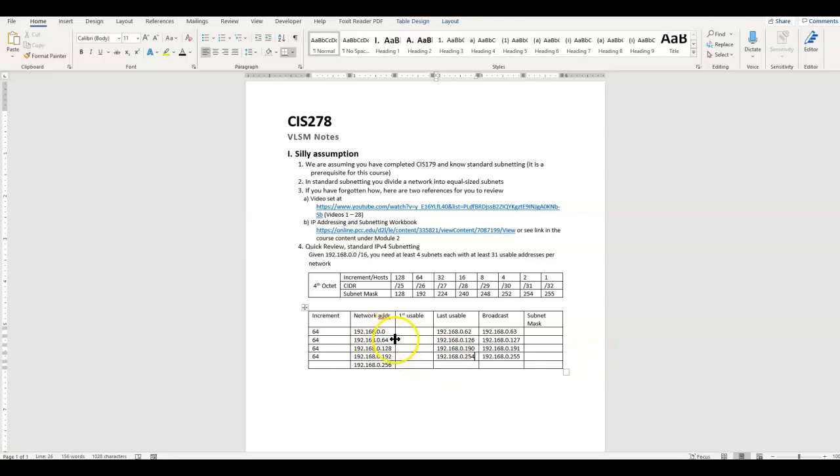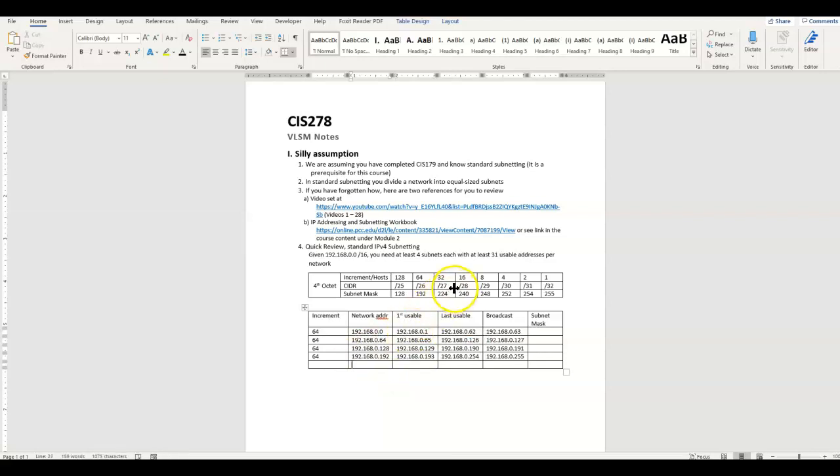And now, of course, the first usable is the one right after the network address. 0.1, 0.65, 0.129, and 193. All right, we don't need this guy down here.